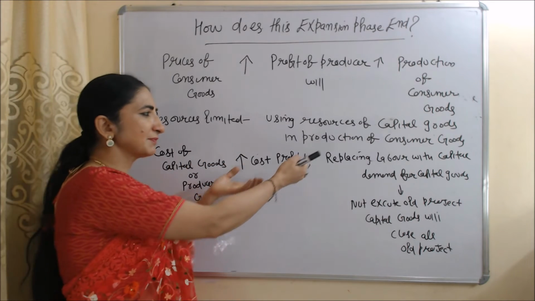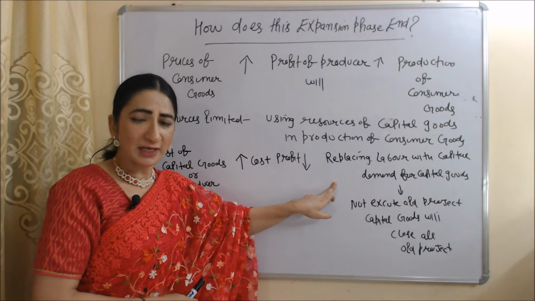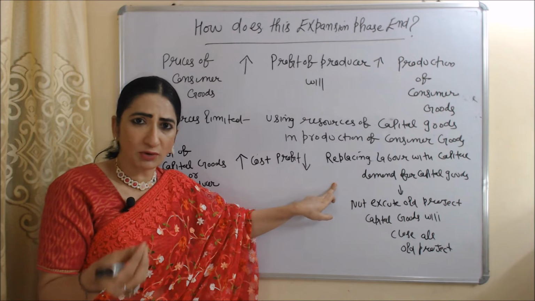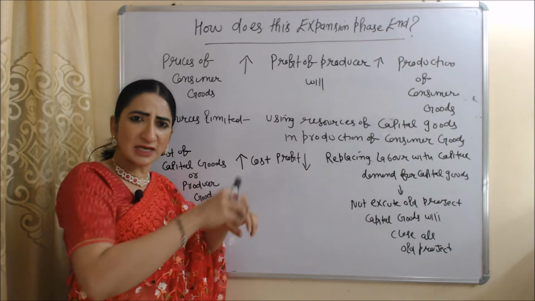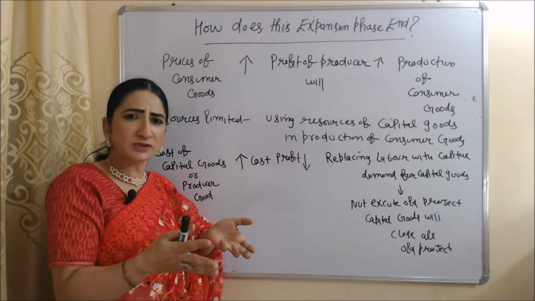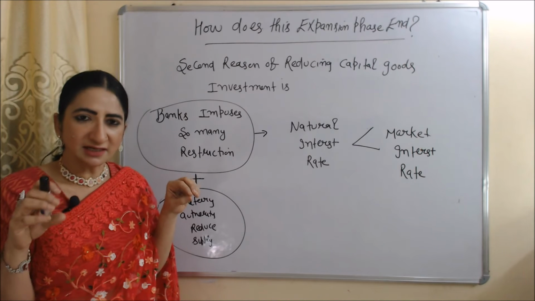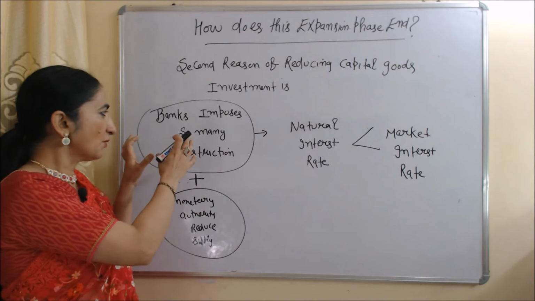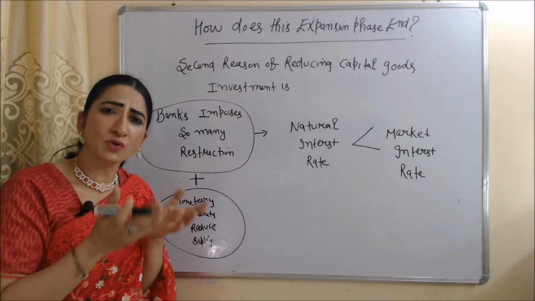That's why producers are replacing labor with capital, and the demand for capital goods will fall. If the demand for capital goods falls, investment in capital goods will also fall. That's why producers will not execute any new project on capital goods production and will close all old projects on capital goods production. The second reason for reducing capital investment is that the banking system now imposes so many restrictions because so many